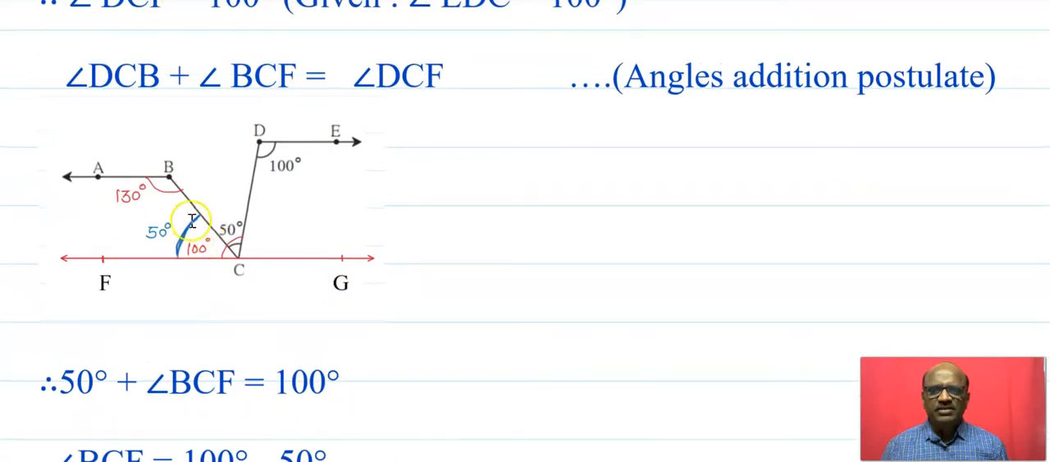Here is the measure of angle, here is a 50. Now this total angle is 100 and this is a 50. It's clear that the measure of this angle is 50. Now next,